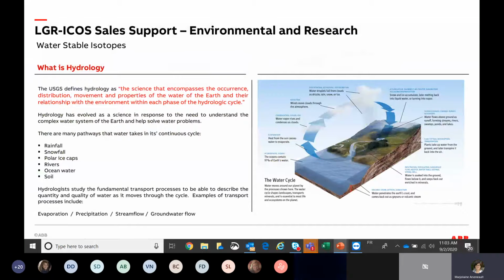So first, what is hydrology? We'll start with a definition from USGS. It is the science that encompasses the occurrence, distribution, movement, and properties of water of the earth and their relationship with environment within each phase of the hydrologic cycle. You have on the right an example of the hydrologic cycle. It includes evaporation and then precipitation, stream flow, ground flow, and it goes over and over again. There are many pathways. It includes rainfall, snowfall, polar ice caps, river, ocean water, soil. So it's quite a various number of